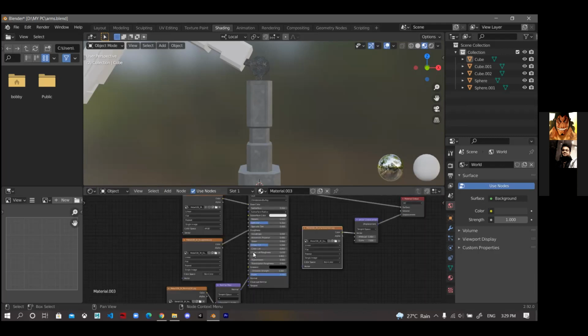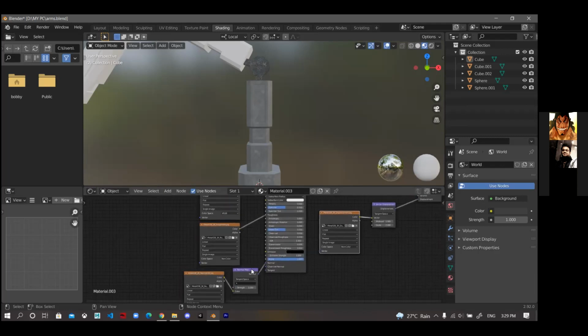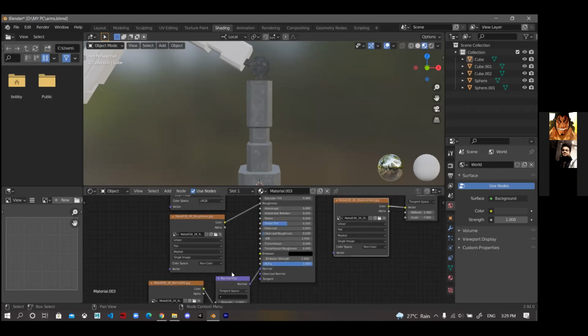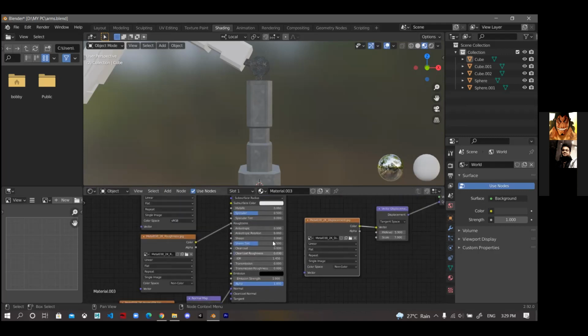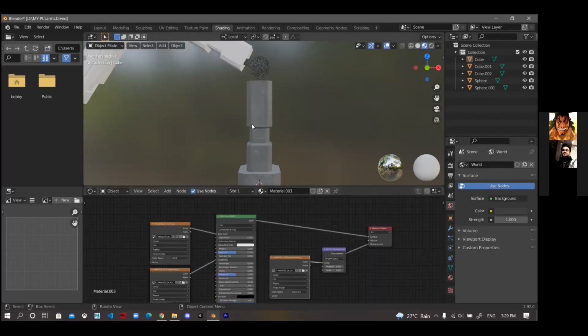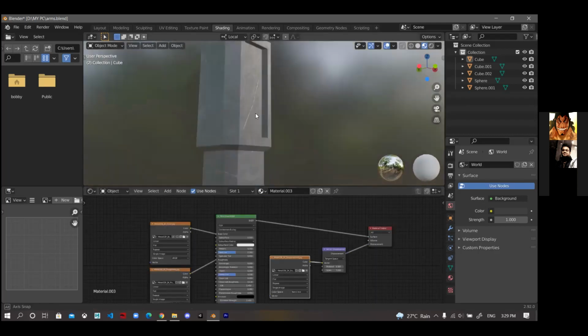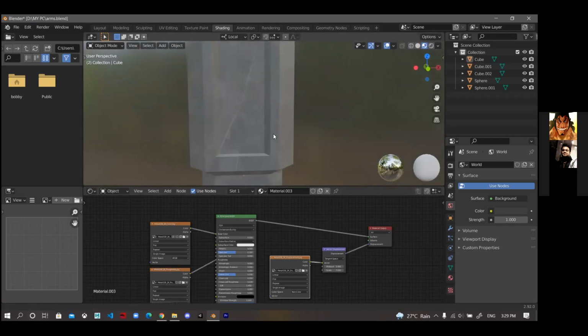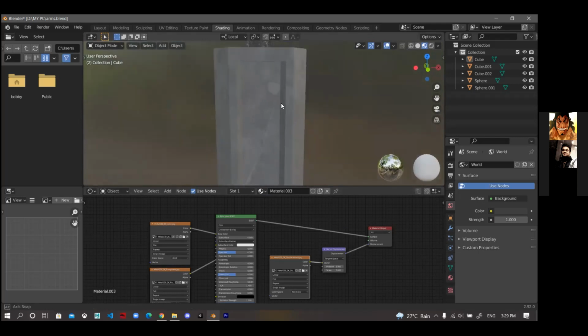You have to play with different textures and different maps, bump maps, normal maps, and really try textures. That's it. Thank you.